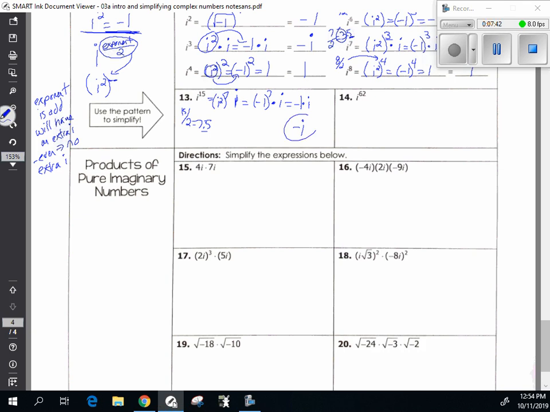i to the 62nd. All right, same thing. All right, so we do i to the 62nd, you do 62 divided by 2, which is 31. So we, of course, always, when we're